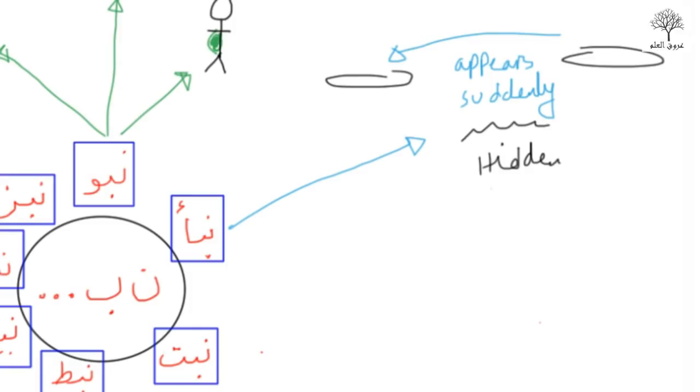So hidden. Also there is the element of hidden, because if a river breaks its banks and the water just rushes in like a tsunami or something, then that's something which was unknown. It was hidden. You didn't know it was happening. You didn't know those buffaloes were going to attack. You didn't know that water was going to break, or whatever was going to happen. All of a sudden it happened. The word naba'a is used. Naba has to encompass these meanings. So you have the meaning of appearing all of a sudden from nowhere.